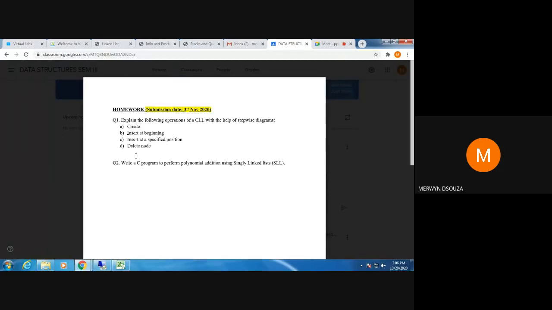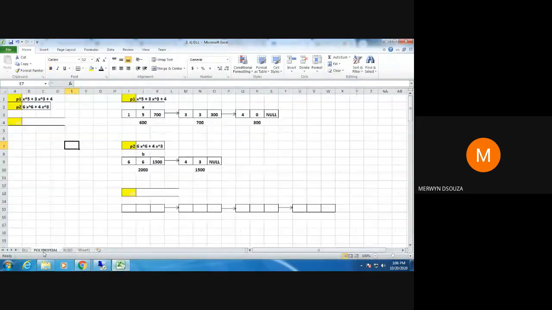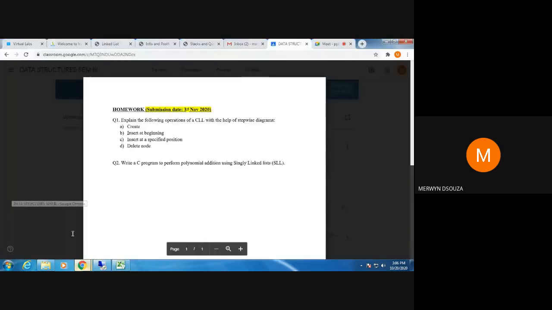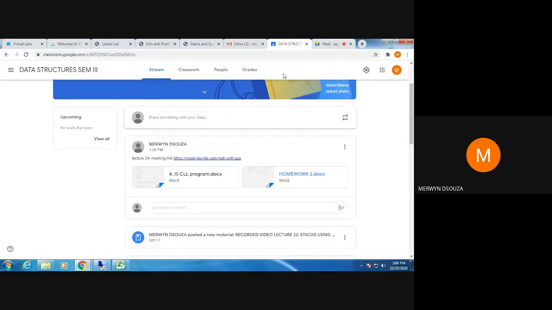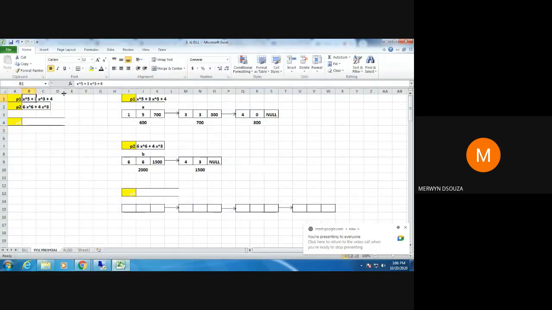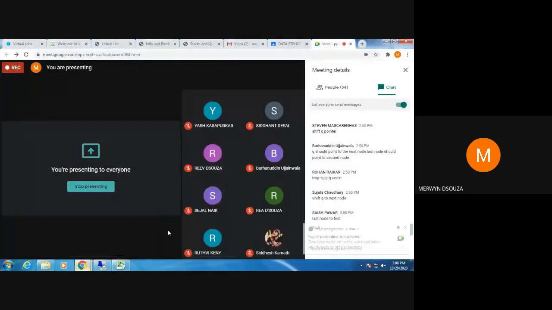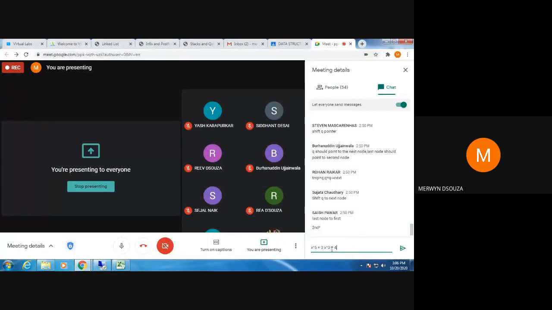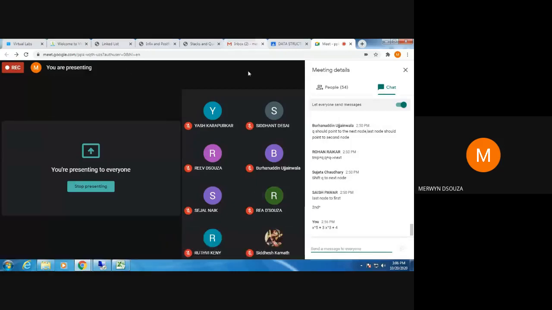So basically polynomial addition is going to be done like this. Okay. If I give you a polynomial like this, you can just take down the polynomial and do the addition and tell me. I hope you have not forgotten what polynomials are. Okay. You can just do this addition of these two polynomials and tell me the answer. This is the first polynomial.